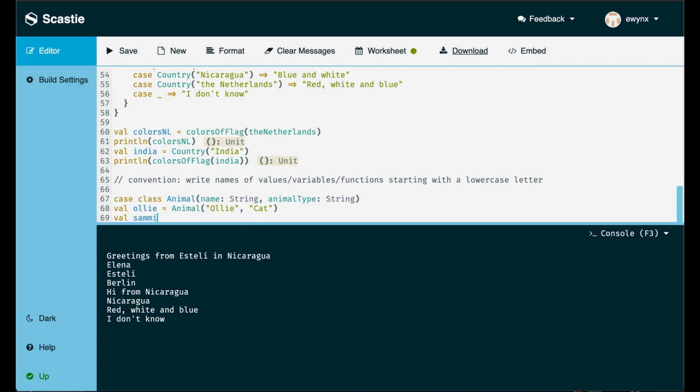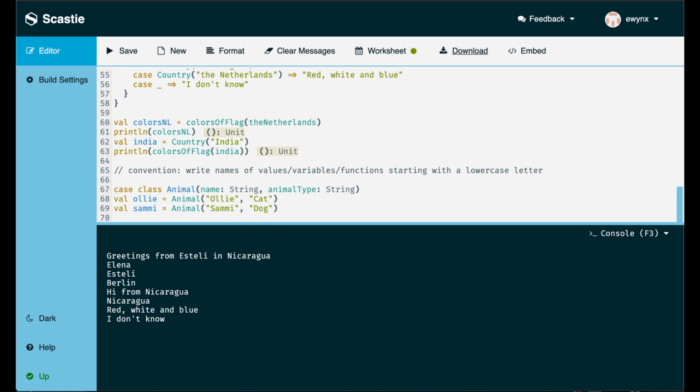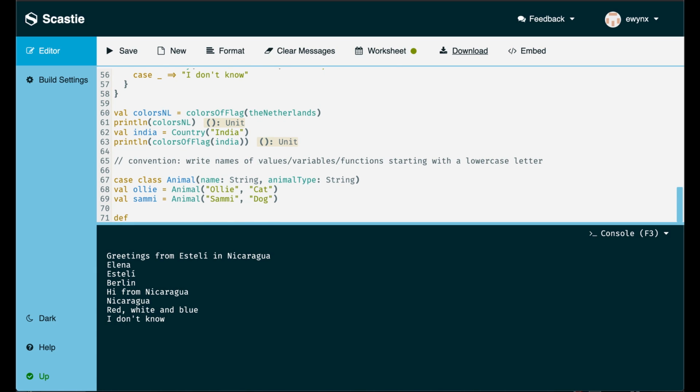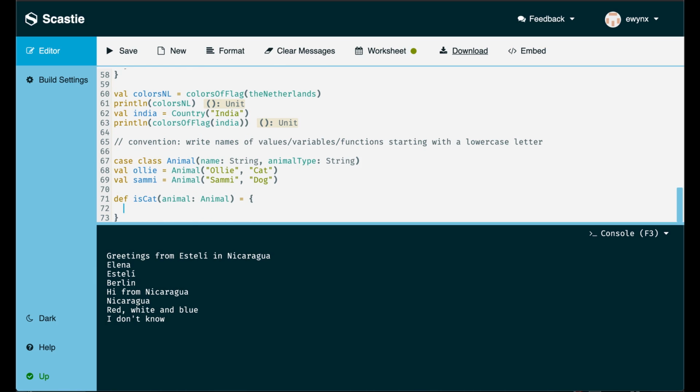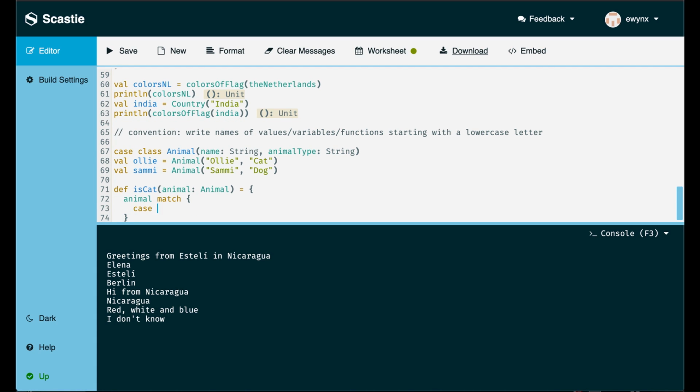And then Sammy, my mom's dog, animal. Her name is Sammy and she is a dog. Now we can create a function isCat, and we pass an animal, and we're gonna do some pattern matching on this. We say animal match, in case that we get some name and the type is cat, then we're gonna print